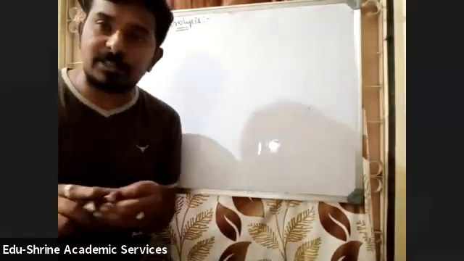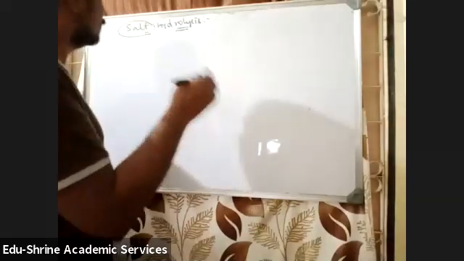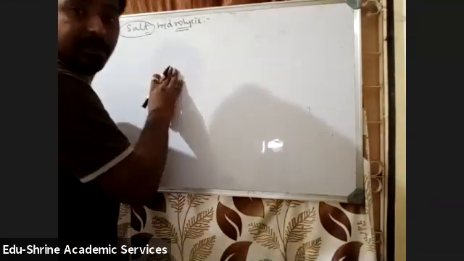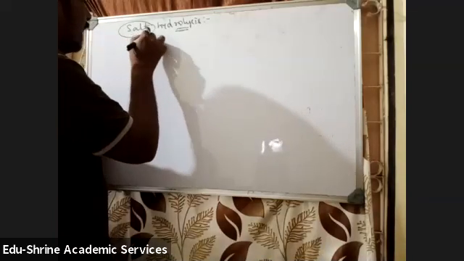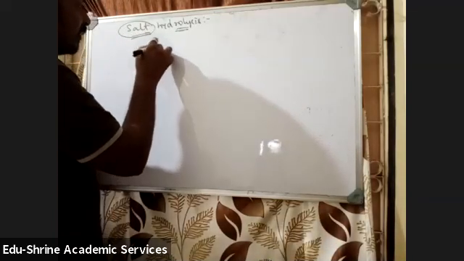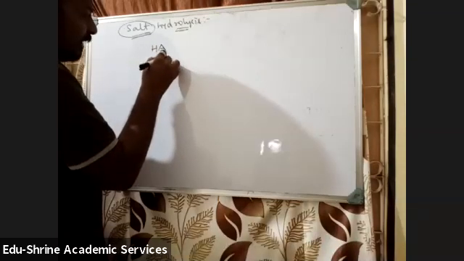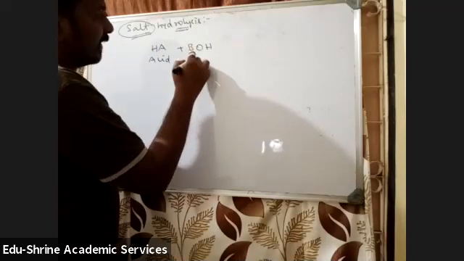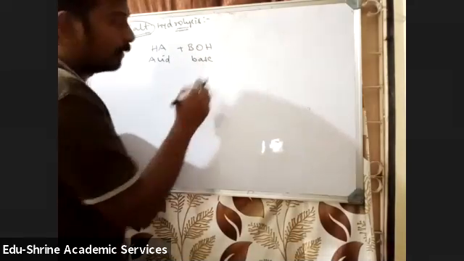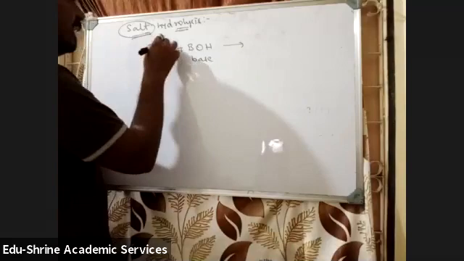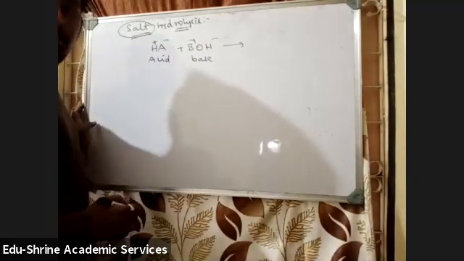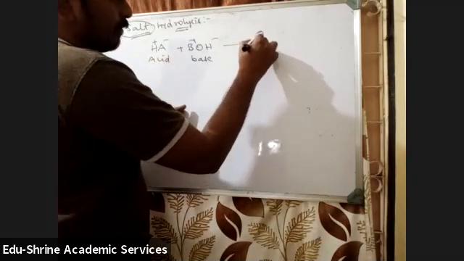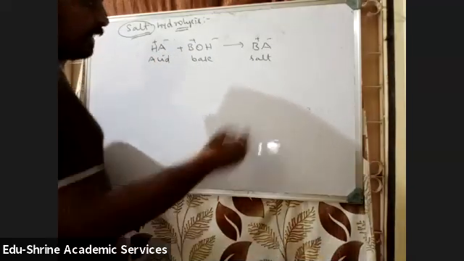Before going into discussing those conditions, first, let us understand what you mean by salt hydrolysis. So we know that a salt is produced by the reaction between an acid whose general representation is HA and a base whose general representation is BOH. So we will get H plus A minus, B plus OH minus. The salt formed here is BA, which will always be in its ionic form, B plus A minus plus H2